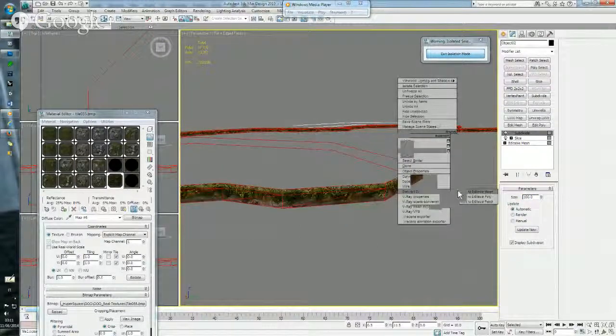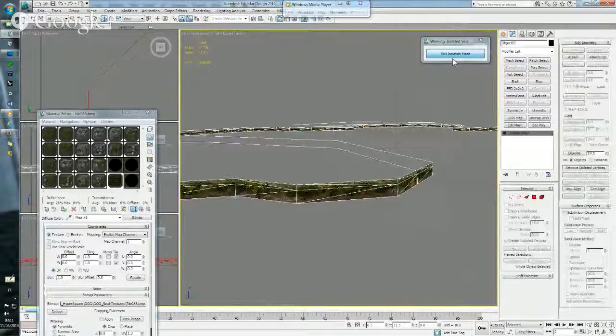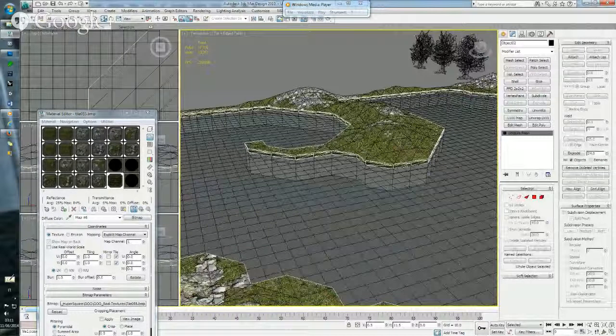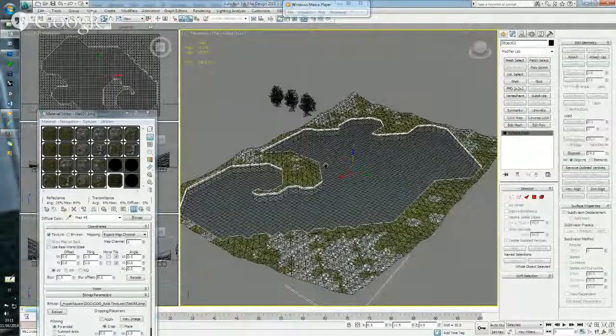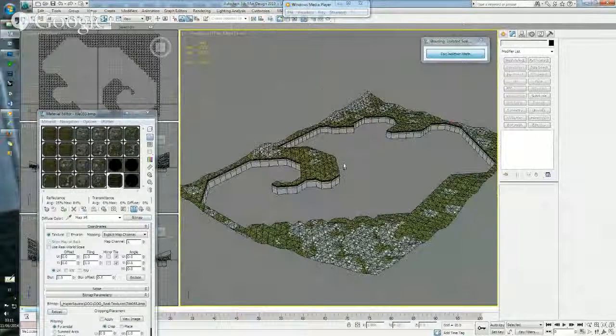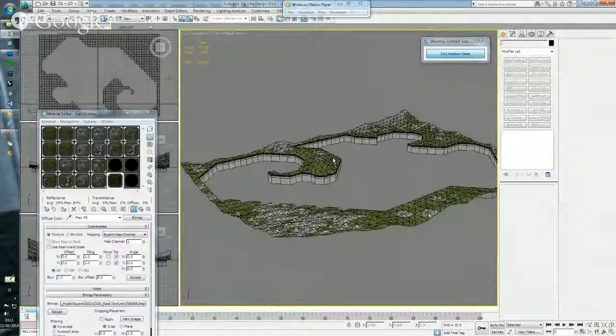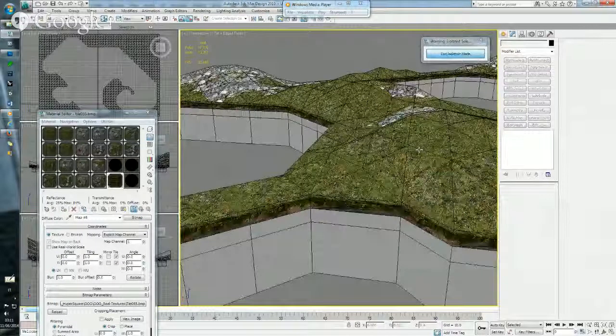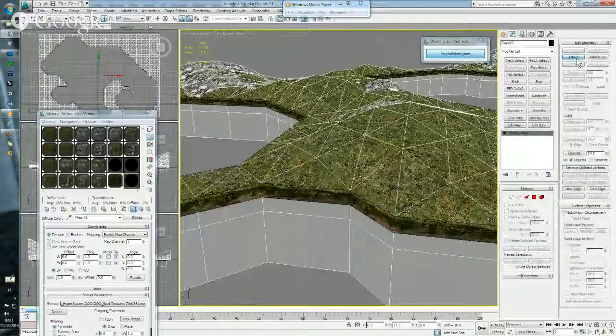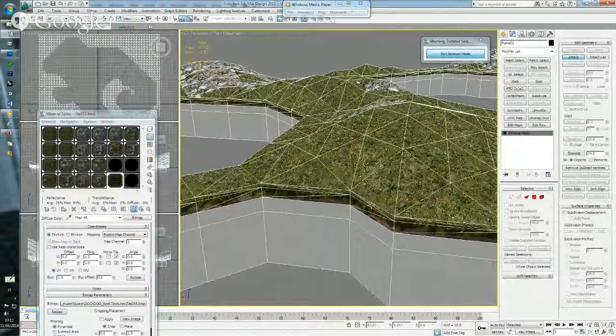I convert to editable mesh. I exit from the isolation mode. I select the terrain. I go in isolation mode, pressing Alt Q. I select this one, and I attach again this mesh. Okay, and then I weld